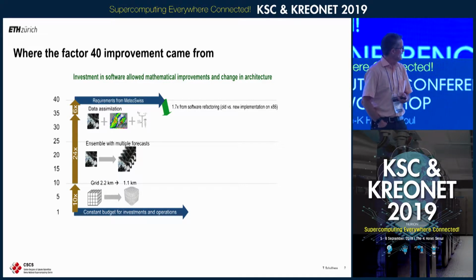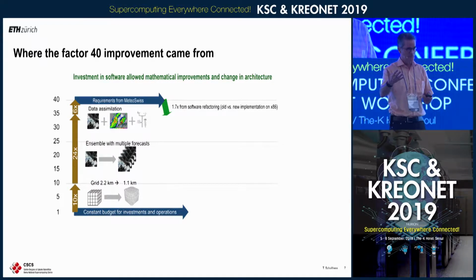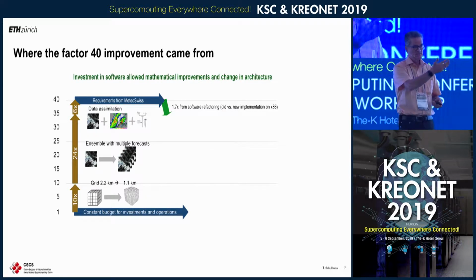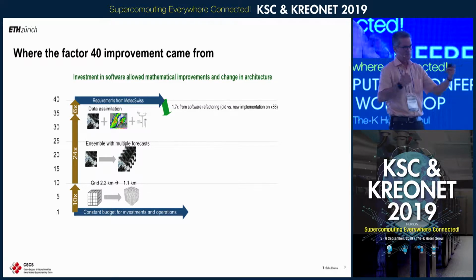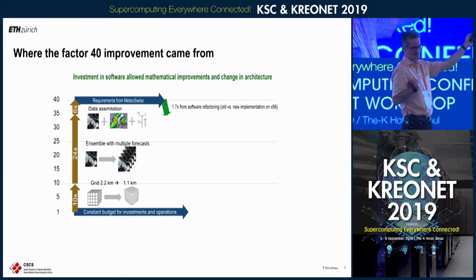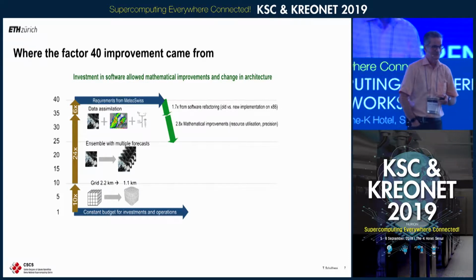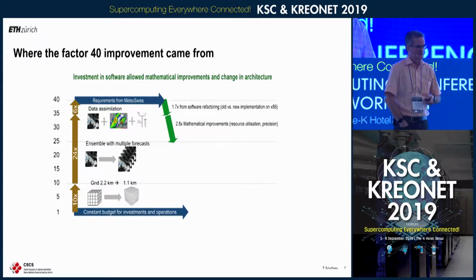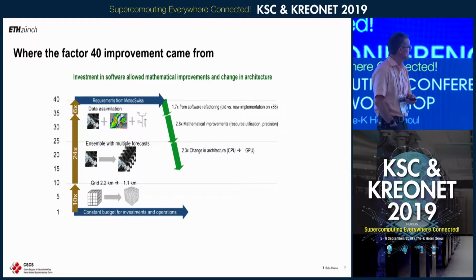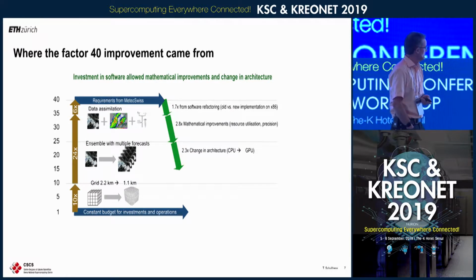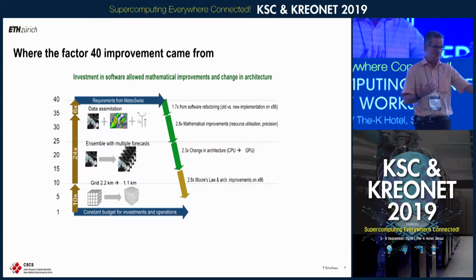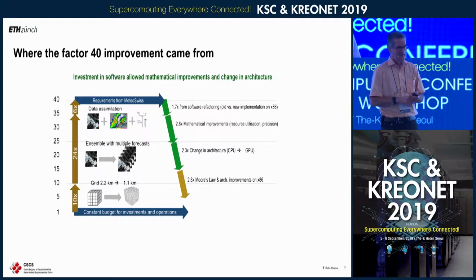And it turns out that the investment in rewriting software, that alone led to a factor 2 improvement. And this is a professionally written code. In many cases, when you start from a non-professionally written code, there's a factor 100 there that you can easily reach. Then, once you've cleaned up the software, you can also do mathematical improvements, change in architecture, and then we had, of course, Moore's law at the time still helping. This is the middle of the decade, and